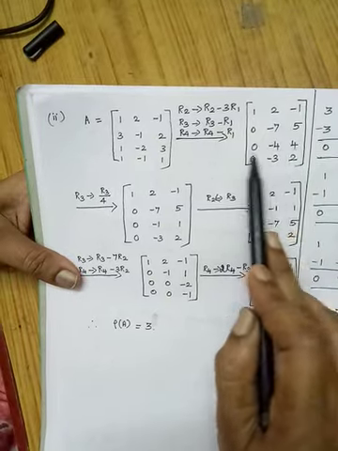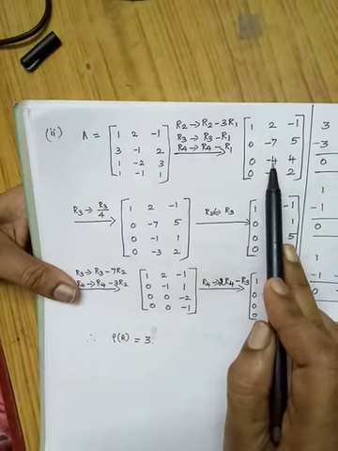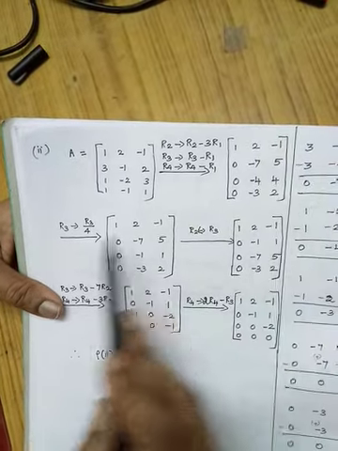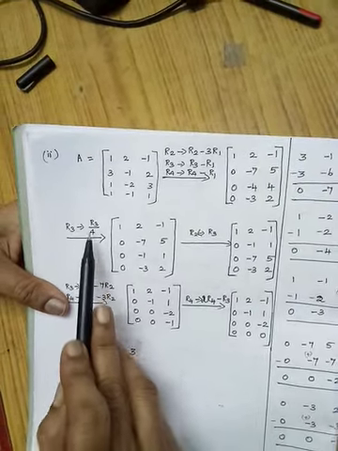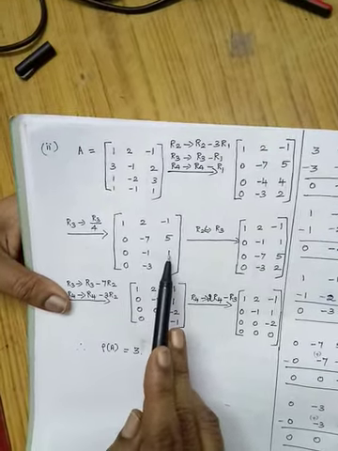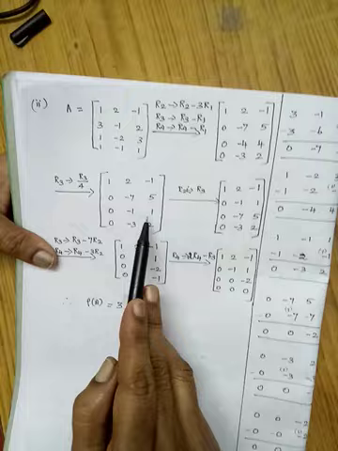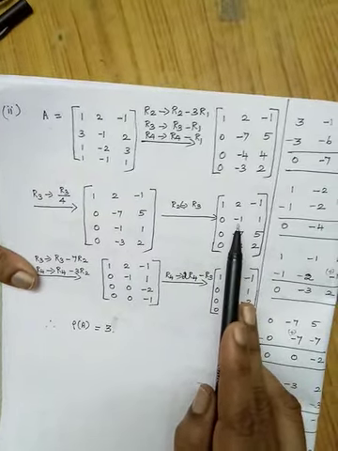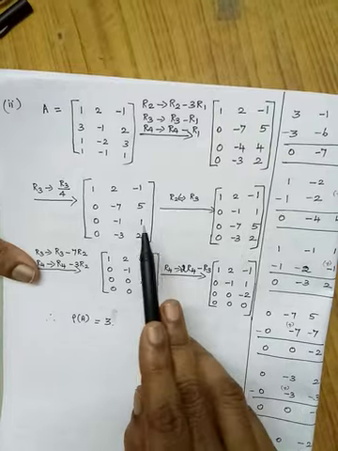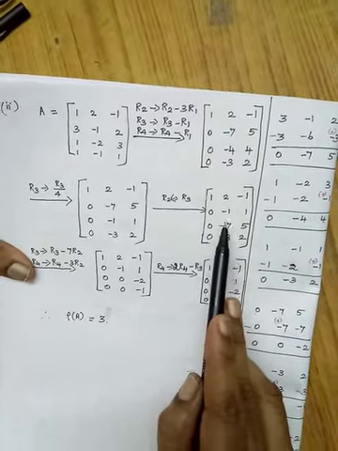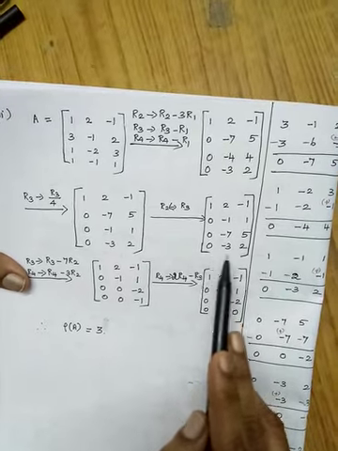Below that you have to make these 2 elements 0. Before that, look at the third row. Here you are having 0, minus 4 and plus 4. So 4 is common. So the R3 elements have to be divided by 4. But here you are having 0, minus 1, 1. So I interchanged R2 and R3. If you have minus 1 here, it is easy for you to do the calculation. That's why I have interchanged. And it is easy now for us to make these 2 elements 0.